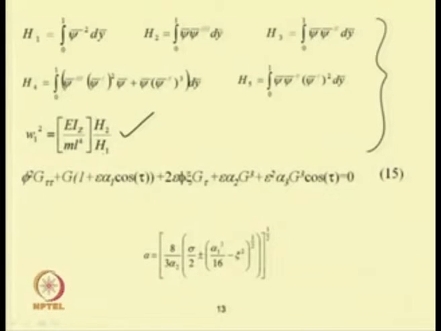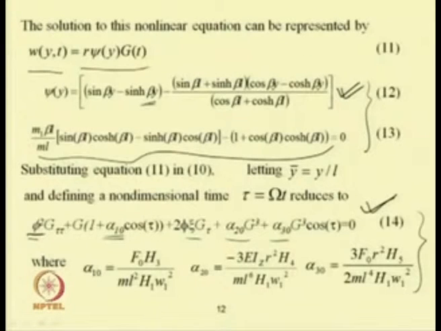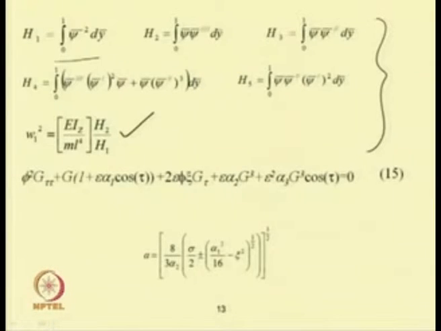To obtain the coefficients one has to integrate these shape functions. Also, to find these shape functions one has to solve the characteristic equation. As the characteristic equation is not simple and is a transcendental equation, one has to solve this equation numerically to find the value of beta L. So, to solve this equation numerically, one has to go for a numerical technique.